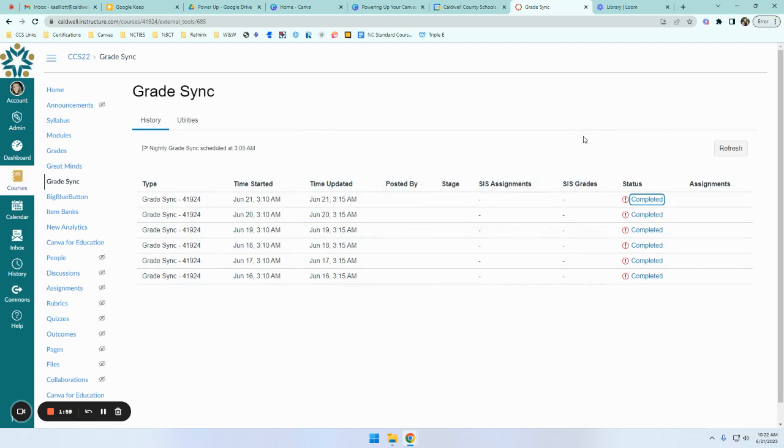If everything goes well, you'll have a check mark there instead of a red exclamation mark. But this is where you can come and check and make sure everything is going well and the connection between your PowerSchool and your Canvas is